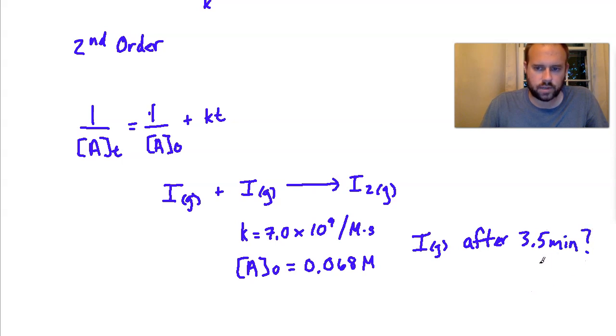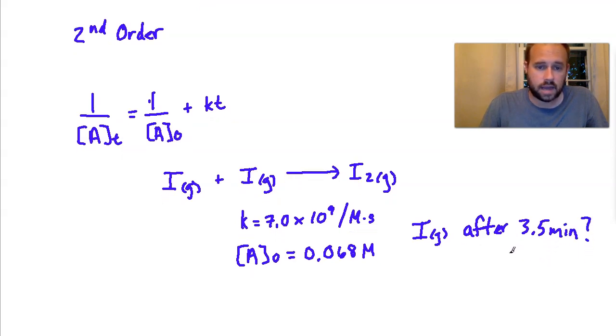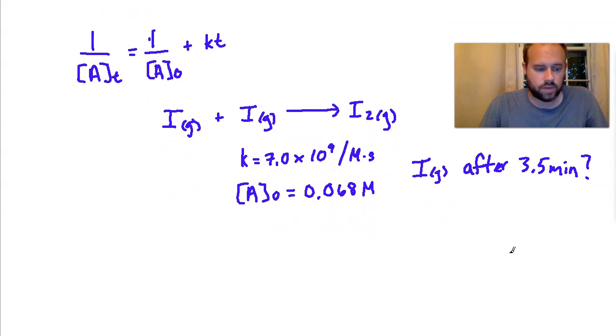That's what we want to find. So we have a T, we have an A naught, and we have a K here. So all we have to do is work with the equation that we have above. Okay, so the question is, what is going to be the concentration of A at time T, which is A is a general term that we use when we're doing kinetics here, but it does represent the iodine gas in this case. Okay, and we're going to set that equal to the K,